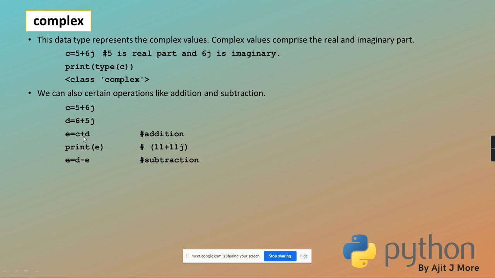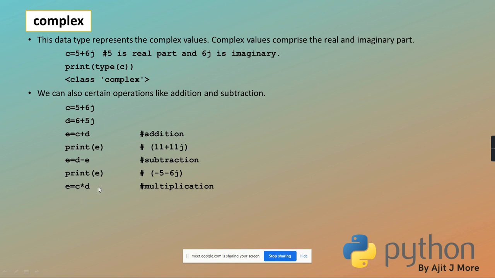So this is d and e is this result. So 6 minus 11 and 5 minus 11. So minus 5 minus 6j you will get. Clear? 6 minus 11 is minus 5 and 5 minus 11 is minus 6.